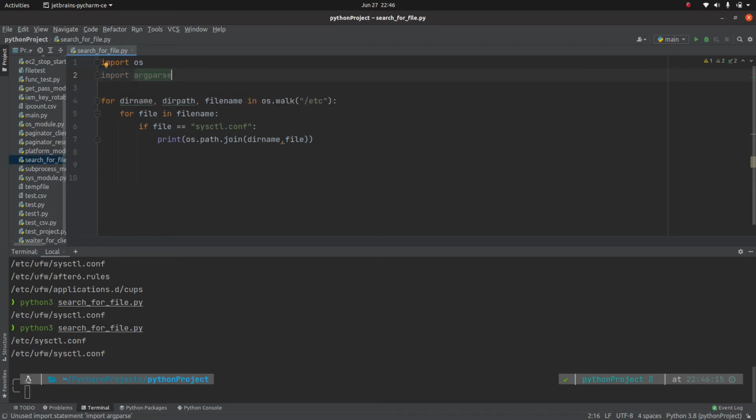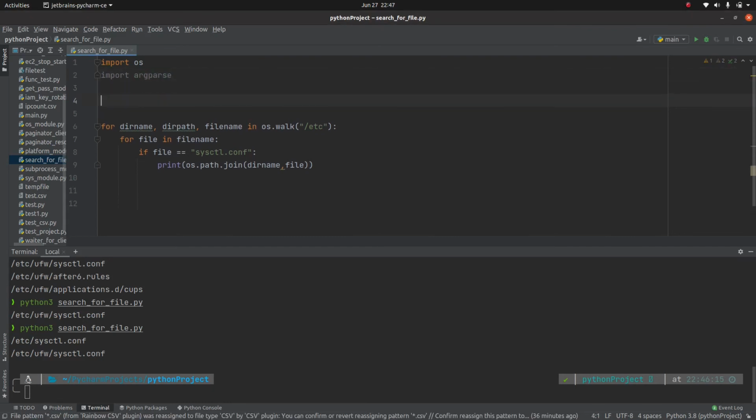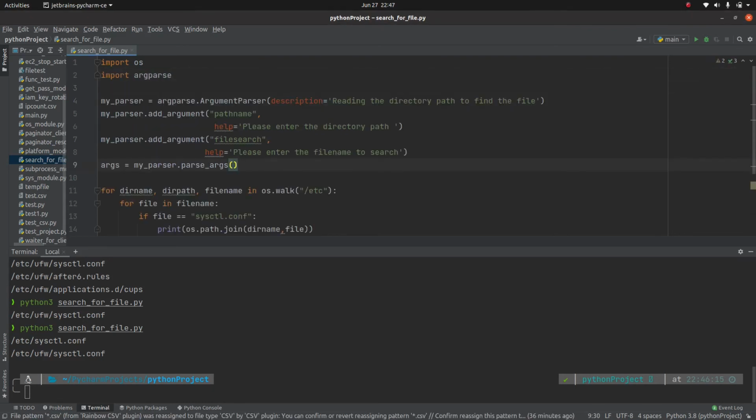Okay, we have imported it, and then in the next step we need to add some boilerplate syntax. Yesterday in one of our videos I explained what all these parameters mean, so let me briefly tell you again about all these parameters. The first thing is we need to import that module. Then in the second step, we are going to create a parser.